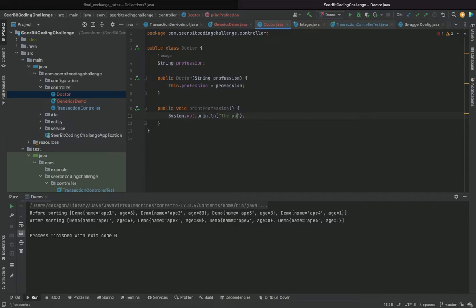Then let's create another class, let's call it engineer. Then this one should be engineer. What I'm working with inside here is engineer, not doctor.